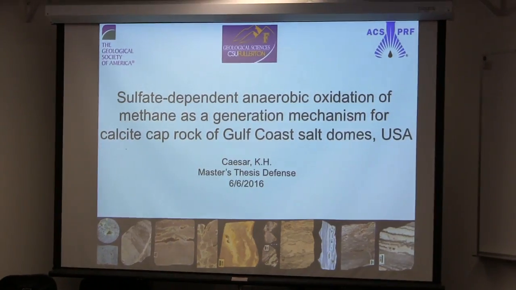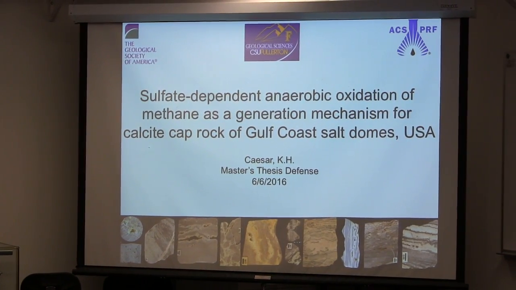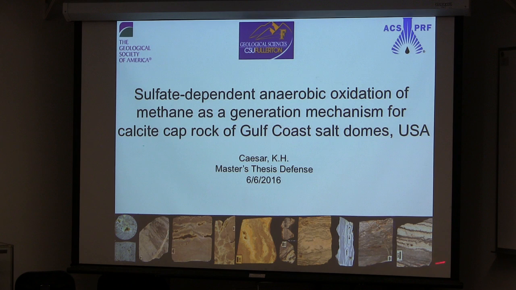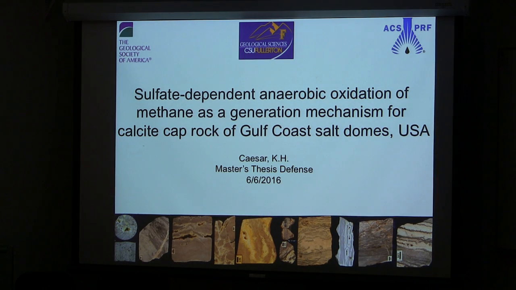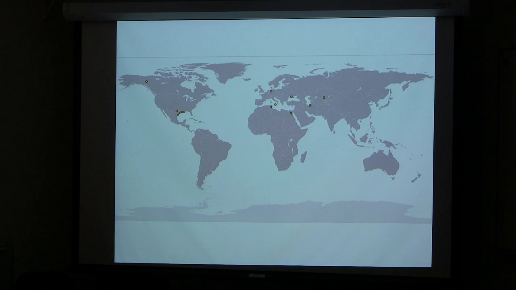Like Sean said, I'm going to be focusing on the generation of these calcite cap rocks that overlie Gulf Coast salt domes. So these calcite cap rock deposits are authigenic carbonates associated with native sulfur, and you can see these pictured here below. And the word authigenic here just means that the carbonates were formed directly where we presently find them today. And putting these deposits into a larger geologic context, you can see from this map here that there